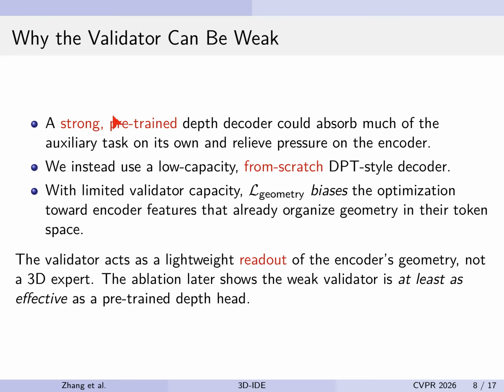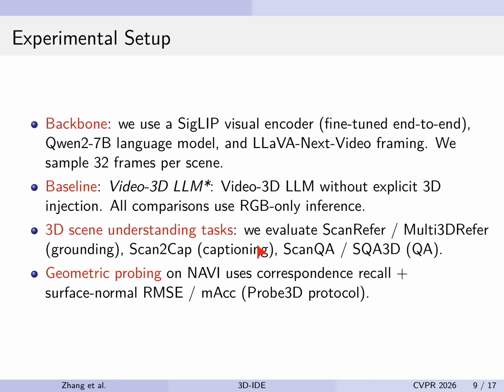A strong pre-trained depth decoder would relieve the encoder, but we use a low-capacity from-scratch validator instead. This design biases optimization toward organizing geometric features in the encoder's token space. The validator thus acts as a lightweight readout, and ablations show it is at least as effective as a strong pre-trained head. Our experimental setup uses a SigLIP encoder, Qwen2 7B language model, and next-frame sampling with 32 frames per